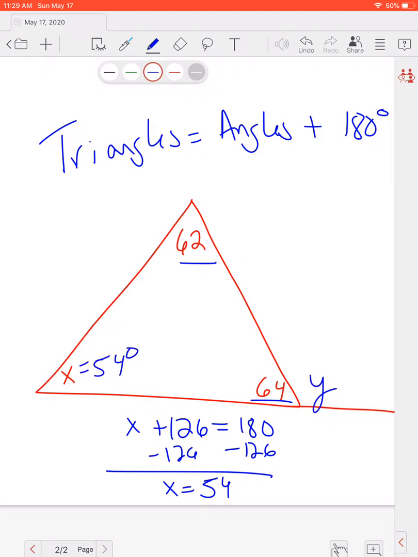Now I can also find this exterior angle. Now remember, an exterior angle is just an extension of the triangle side that looks like this. Now we know from experience that y and 64 have to add up to 180 degrees. But if for some reason they didn't give me this one, all I have to do is add the two opposite angles together. So 62 plus 54 is going to be 116 degrees, which I would have gotten that same answer if I had done 180 minus 64. Okay, so exterior angle theorem says the two angles not touching the exterior angle will add up to be that